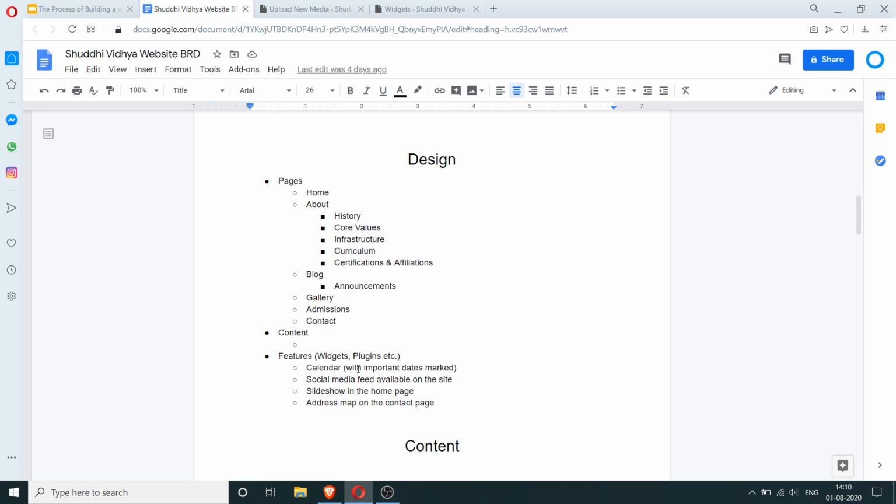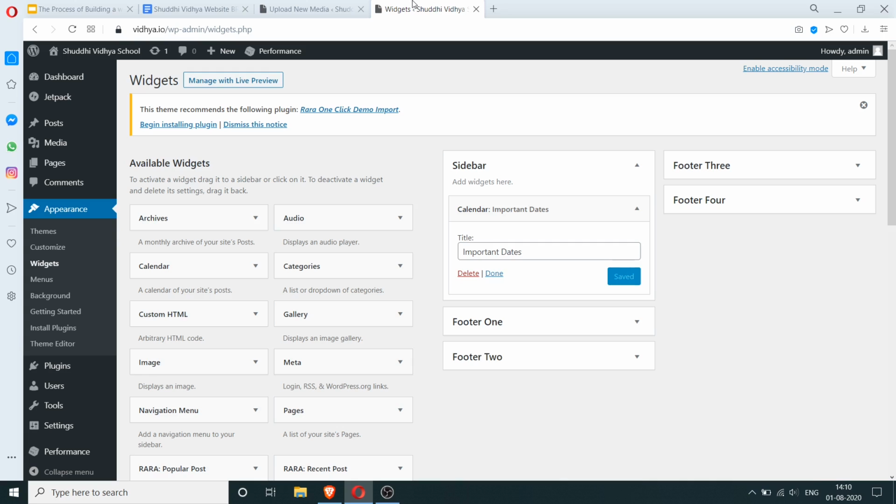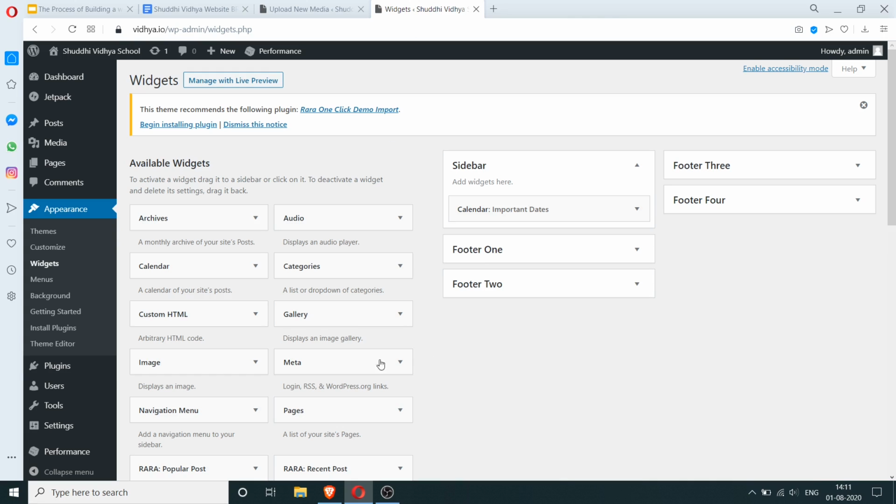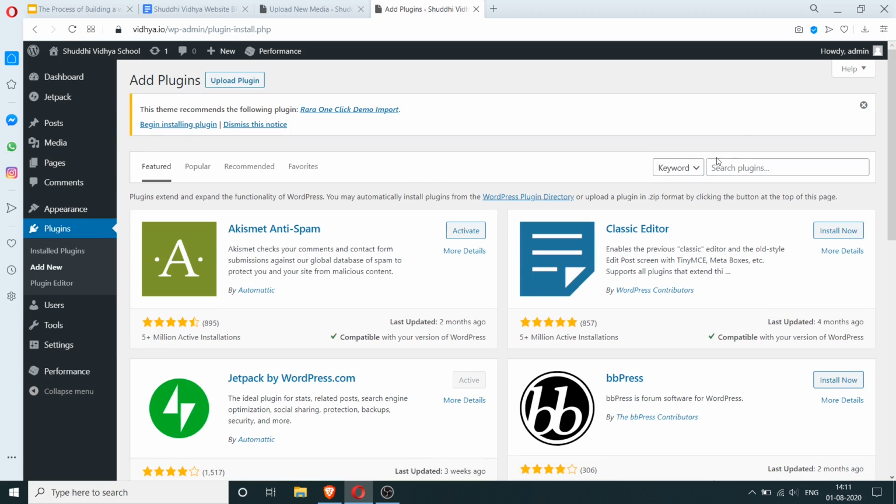And the second one we wanted to have was a social media feed available on the site, and then a slideshow, and then an address map on the contact page. So let's start with the easy one. The slideshow is something that we've already worked with. So let's add that. I'm going to go to plugins and go to add new. I'm going to look for slideshow.